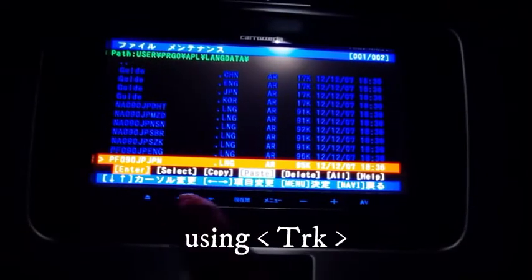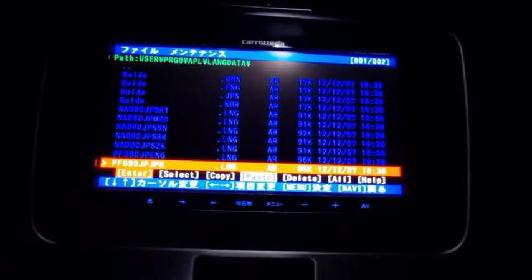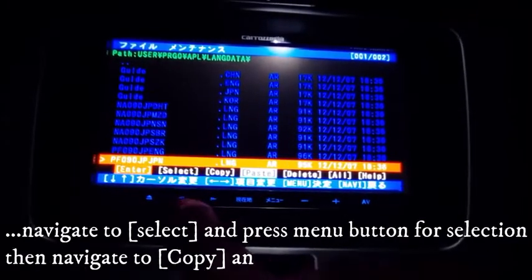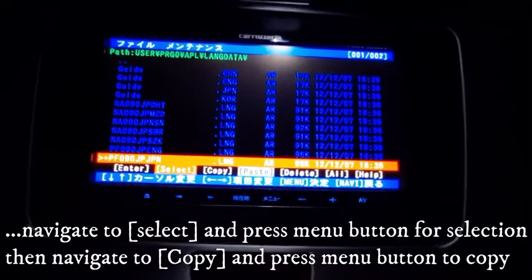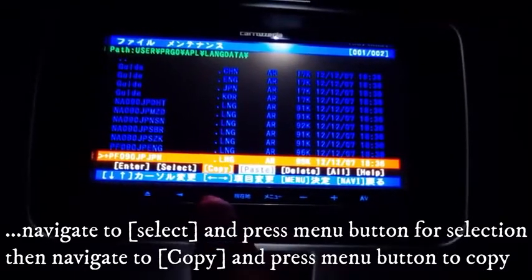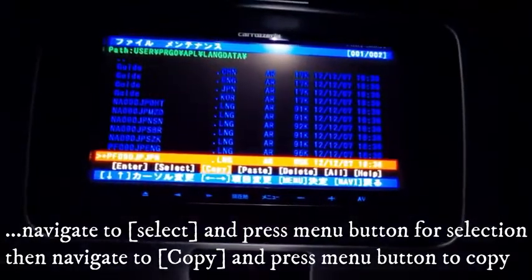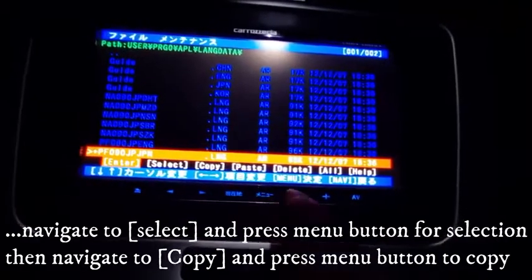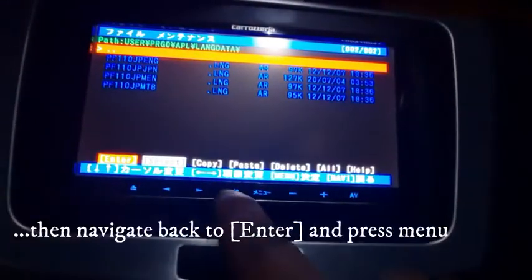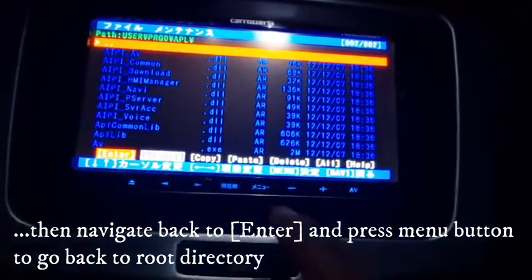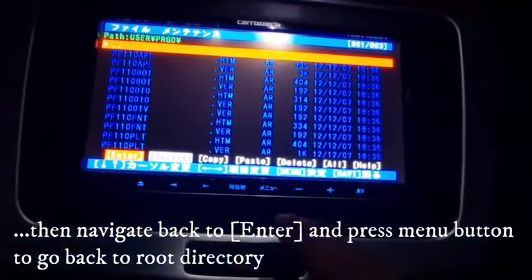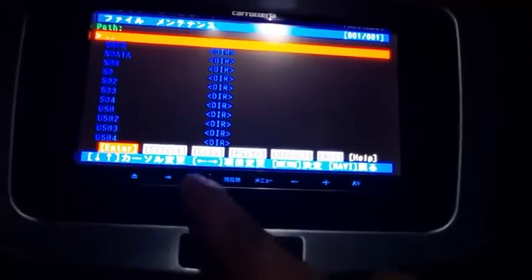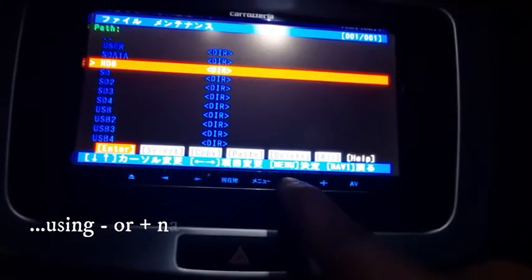So first things first, using these two menu items, you see you can maneuver between the options. First select it, then after selecting, copy. We have copied our file, and then using the same, let's go back to our enter, and then now we can scroll back and click on select. So now we are trying to go back to our previous directory. Yes, so we want to access our SD card. Let's scroll down to our SD card,